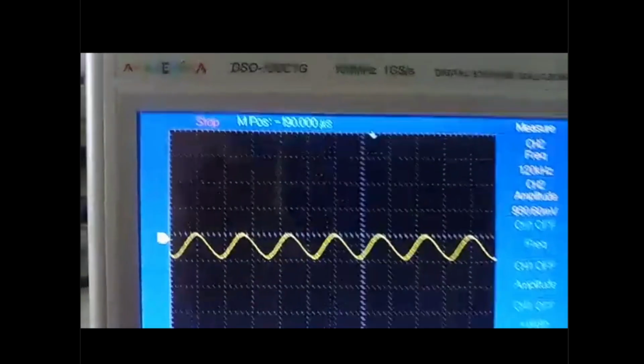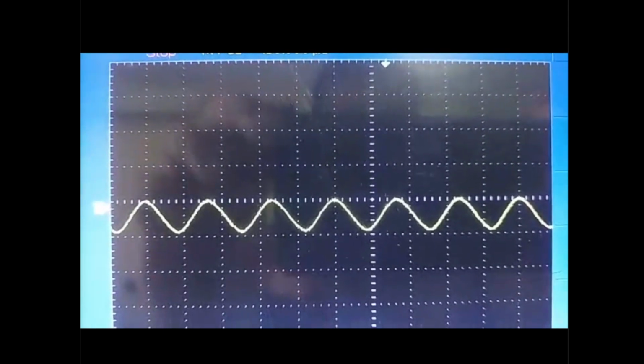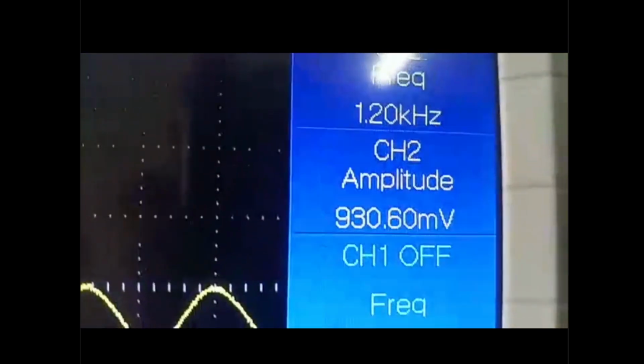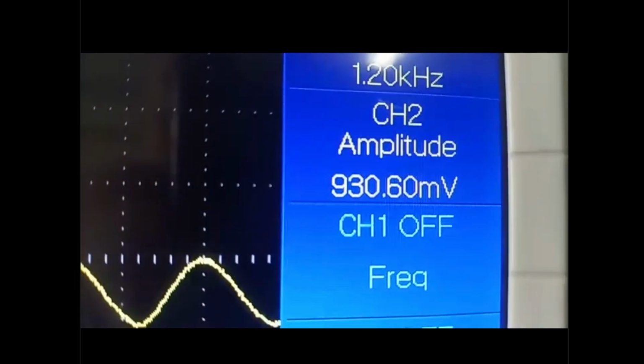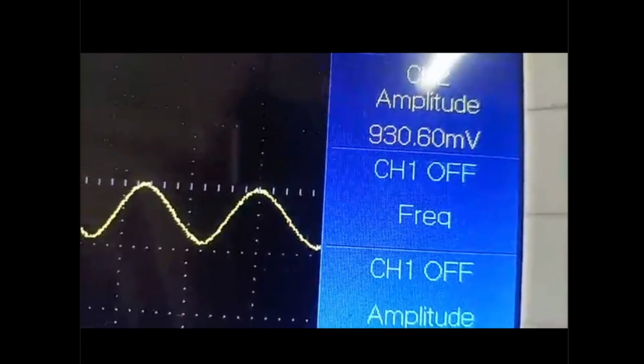And this is the screen section. In the screen, you can have this graphical view, and for the reading, okay, I guess you can read it is 120 kilohertz.